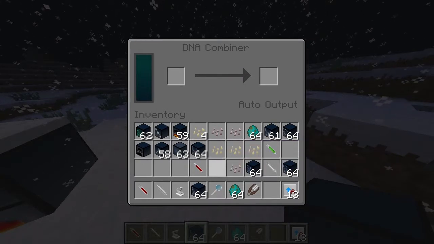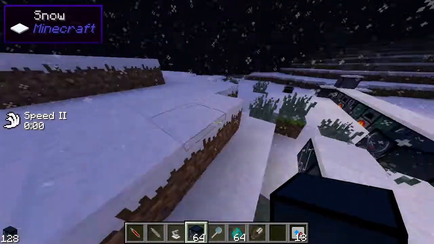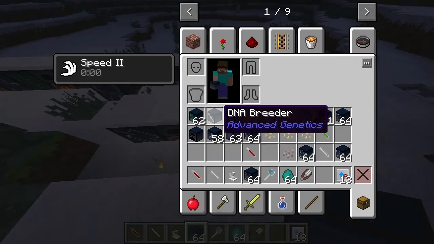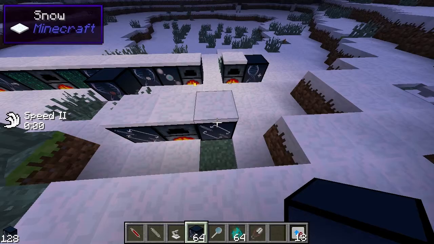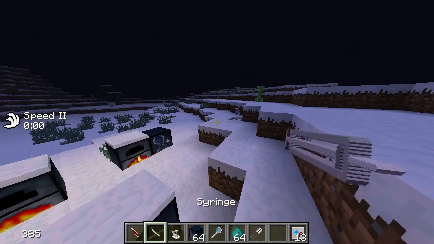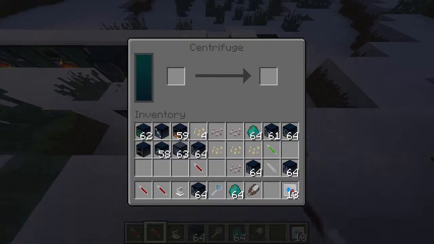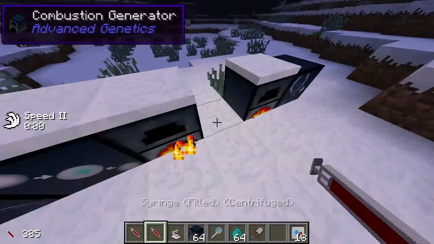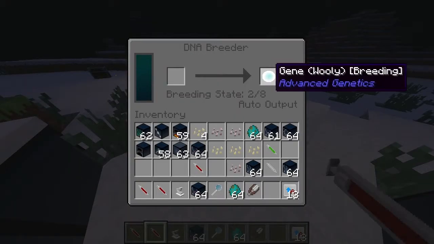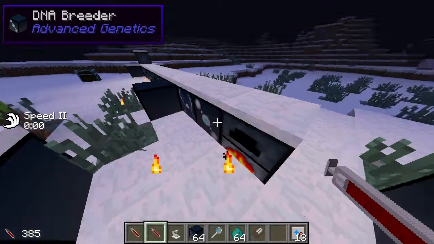then there's the combiner. So basically what happens is you get a centrifuge. You get an empty syringe. So you extract blood like so, and then you put the syringe in the centrifuge to get a centrifuged syringe. Like so, and then what happens is you take the, so this is in the breeding stage, this woolly gene,